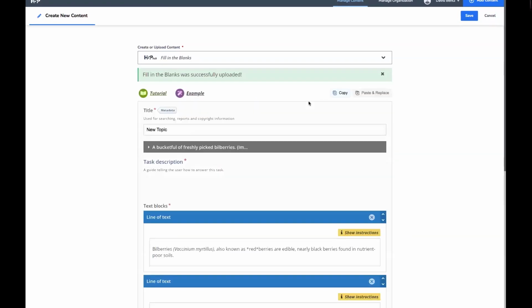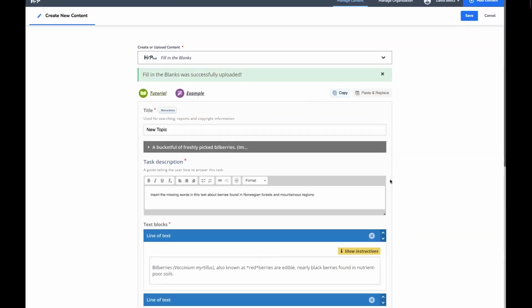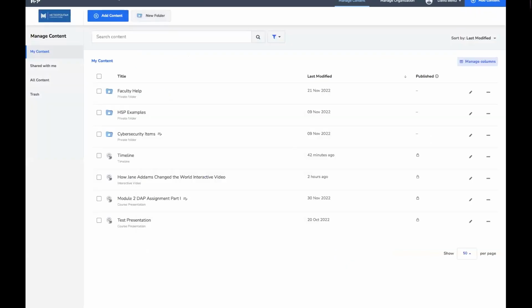So now I have this item. I can edit it. I can continue to work on it here just as I was able to do on the web at the free site. But what the slick part is, I'll show you how we add it into your Canvas course. So if we go to Canvas,